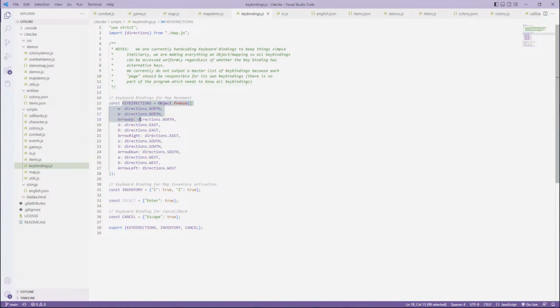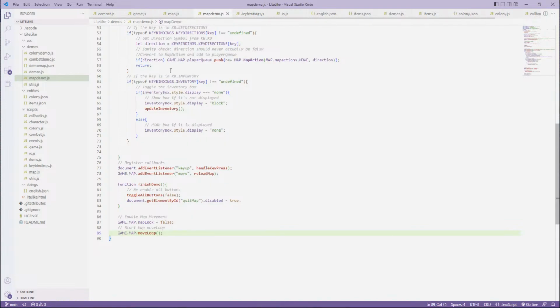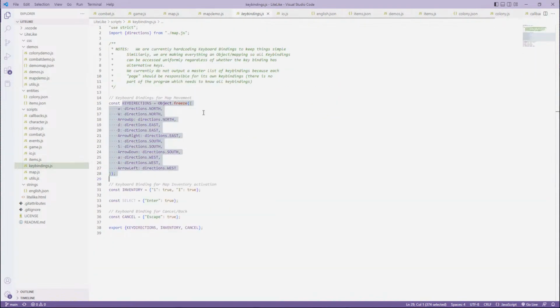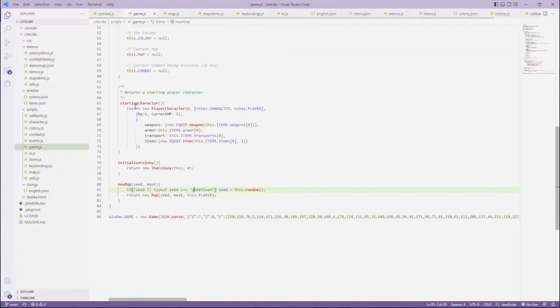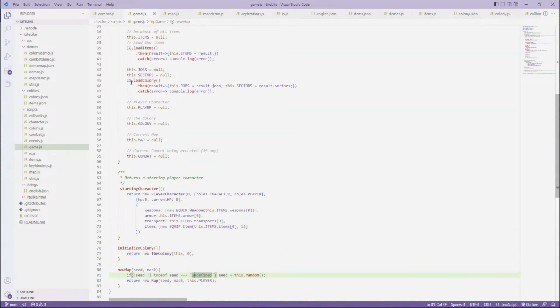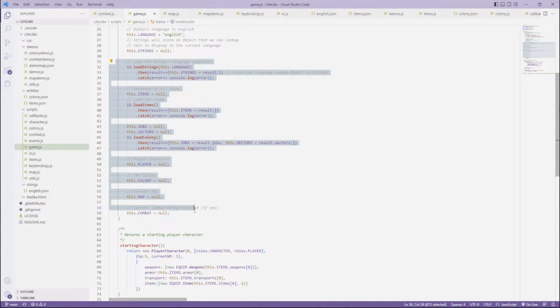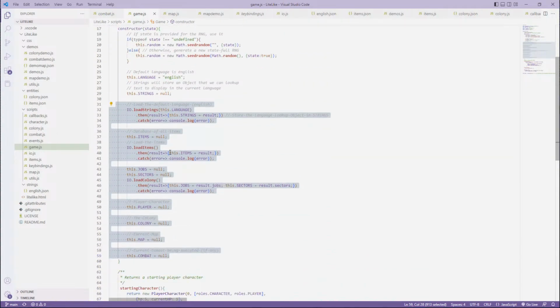So right now, all we're looking at is this key directions. You know, for example, over here on the map demo, we look at key directions, and that's all we look at. I think I want to actually change that and put a hotkey object onto the game object,